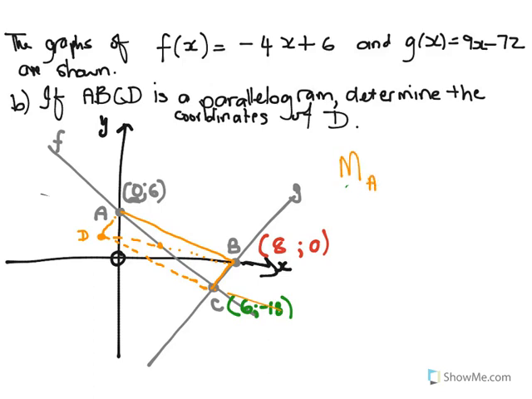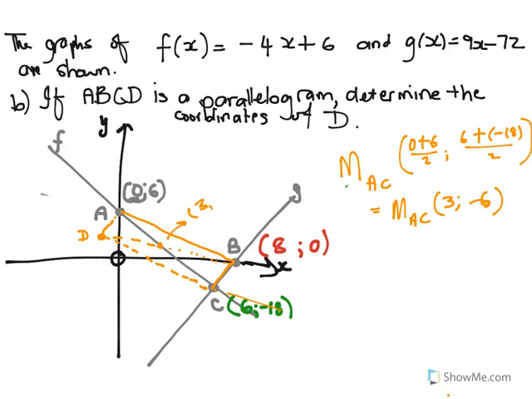So the midpoint of AC would be (0 plus 6) over 2. The y coordinate would be (6 plus negative 8) over 2. And so that would be equal to 3. And 6 minus 18 is minus 12, over 2 is minus 6, right? So that would be the midpoint. So already my diagram is off because my midpoint is above the x-axis when it should be below, right? And so